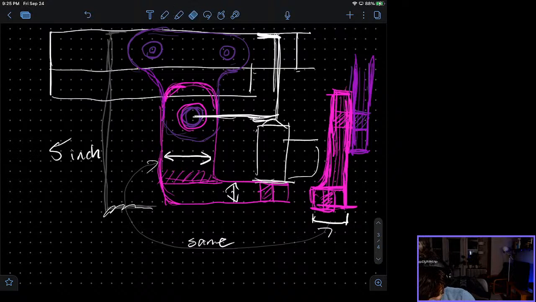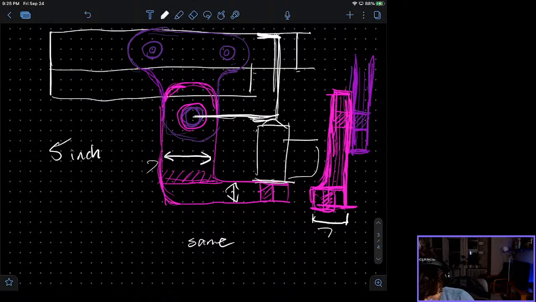That's not true. Sorry. This to here is 5 inches. So that's the bottom of the camera to the top of the shelf.